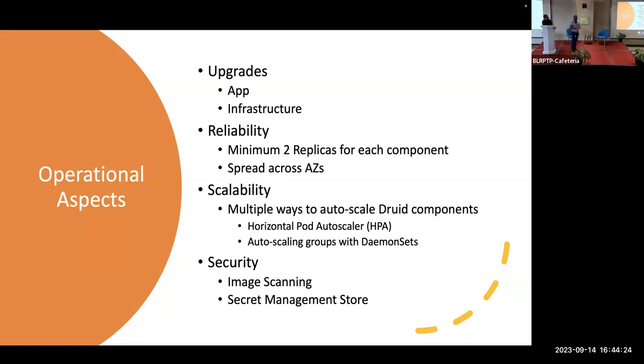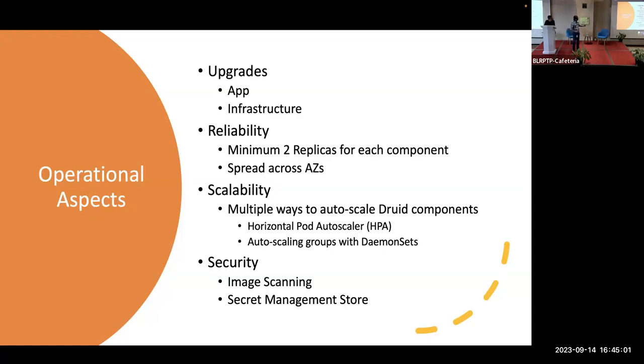Now the upgrade part is the most important part. When you deploy any application on Kubernetes, there will always be two types of upgrades. One is the application upgrade, and the other is the infrastructure upgrade. The application upgrade consists of upgrading a Druid version or updating a configuration of Druid. Infrastructure upgrade means updating the Kubernetes version itself, or updating the EC2 nodes on which the Kubernetes components are deployed, due to some kernel upgrade mentioned by AWS. These are scenarios where you can't say no, right?